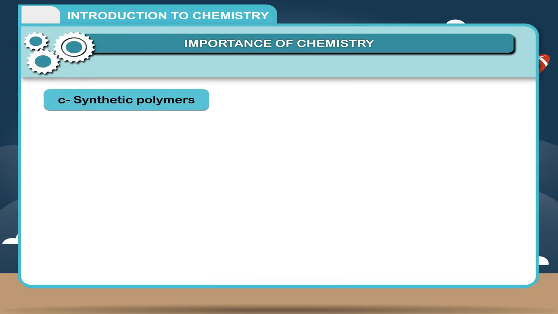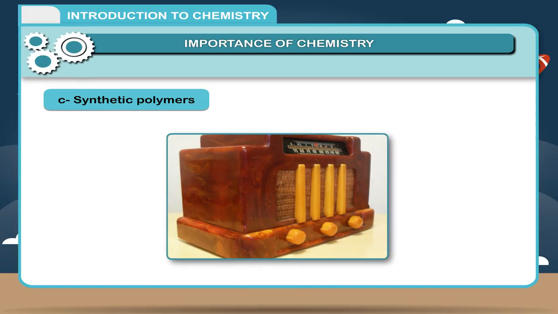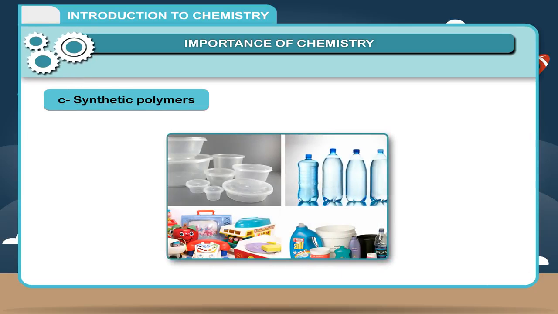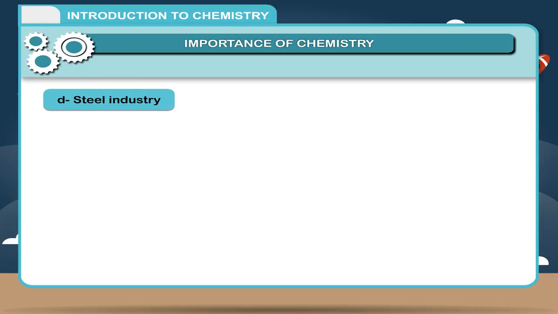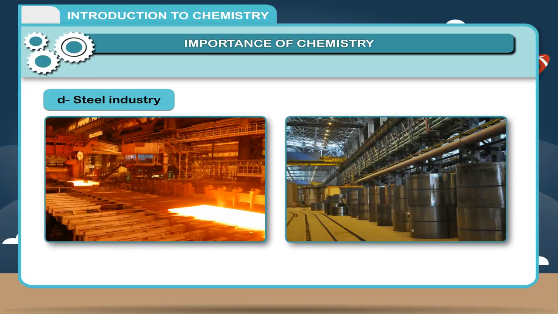C. Synthetic polymers. Bakelite was the first polymer developed in lab. We have come a long way since then. The market is flooded with synthetic polymers. D. Steel industry. SAIL or Steel Authority of India Limited, whose offices are in Bokaro and Bhilai, made India a major power in